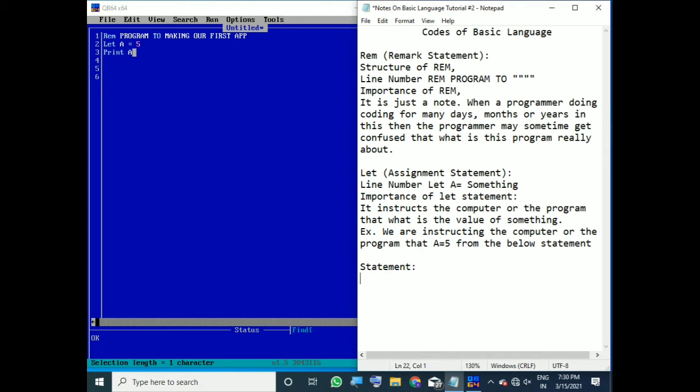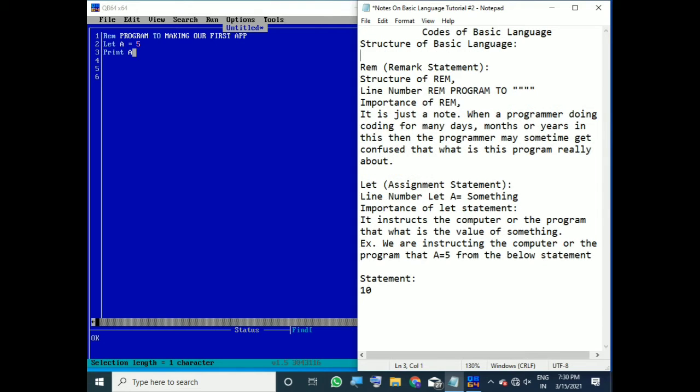Suppose I am writing that 10 is the line number, don't confuse it. 10 is the line number, as I have said that at first there is the line number, it is the structure. So let us at first now write the structure of the BASIC language.